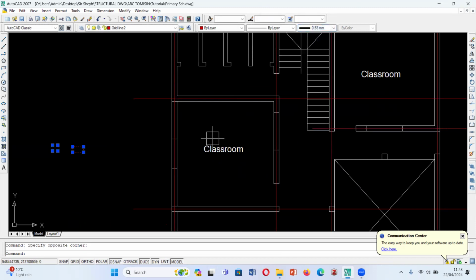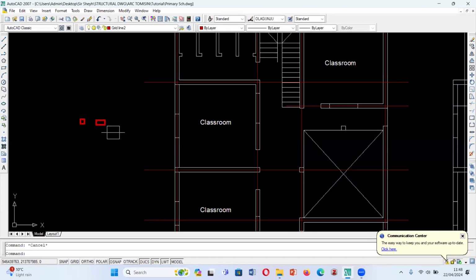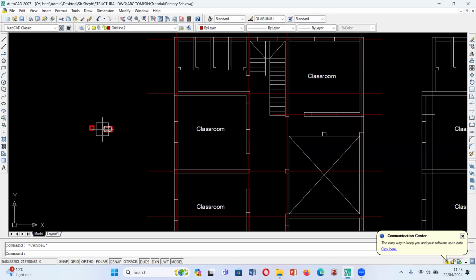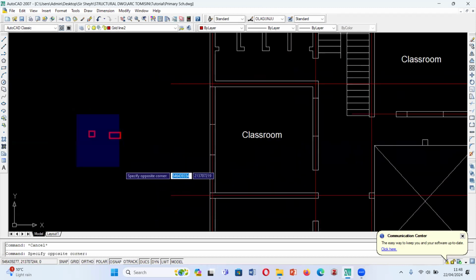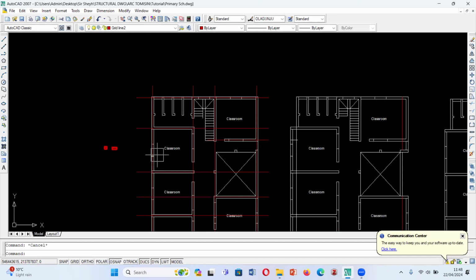Probably just going to make the lines a bit thick so that it can be easy. So I can now start to place my columns. Now, if you want to place your column,